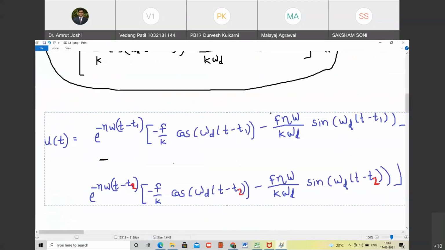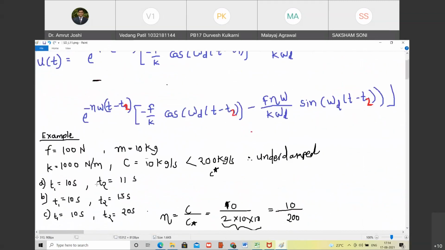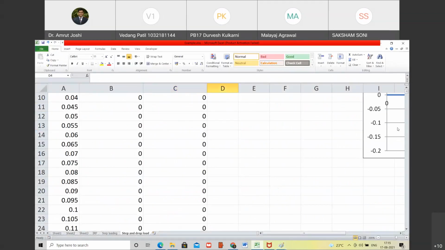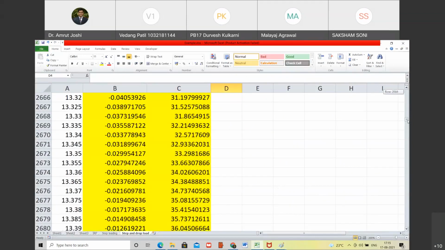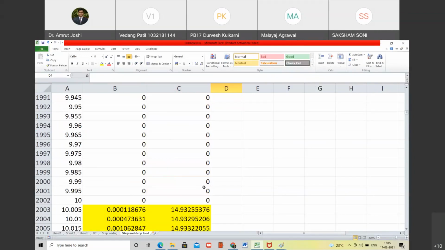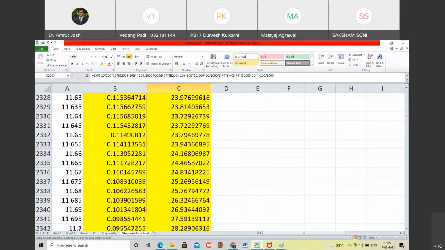देखो यहाँ पे हमने सेकंड केस क्या मार्क किया है. We have T1 equal to 10 second and T2 equal to 15 seconds. Are you with me? Yes, sir. So this expression mostly remains, this calculation mostly remains similar, except now this expression will go as it is up to 15 seconds. Do you agree with me? Yes, sir. So let me take it up to 15 seconds as it is.